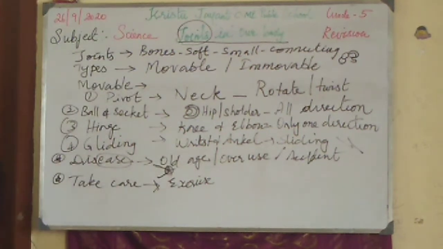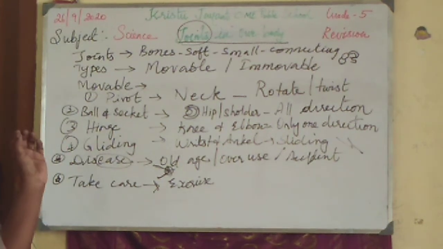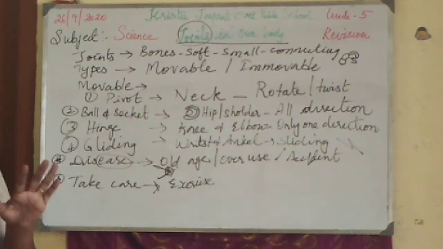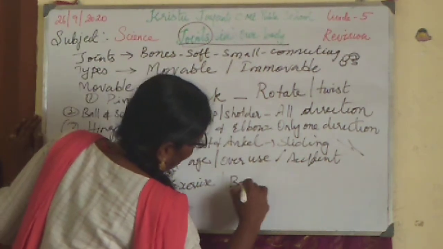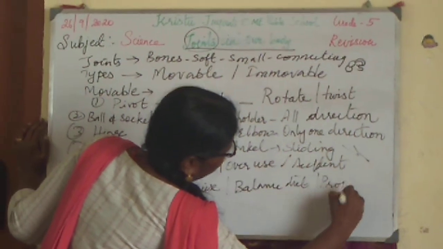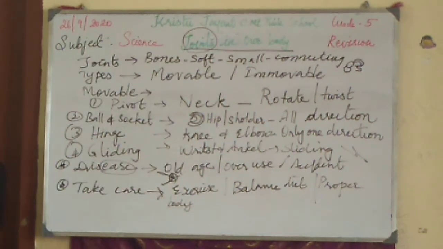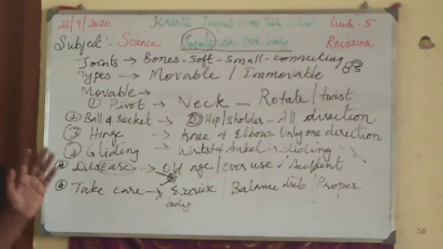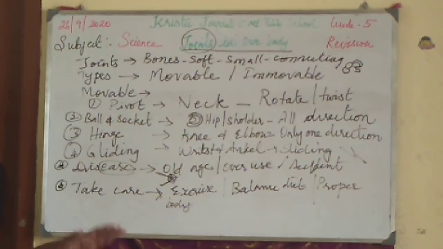Because when we do exercise, when continuous movement is given to all the joint parts, some enzymes will be produced in our body. Those enzymes will take care of the bones without any damage. The next is a balanced diet and proper body weight. These both are connected together, because when the body weight is too much, then for sure we will get joint problems, in particular knee joint problems in elders.